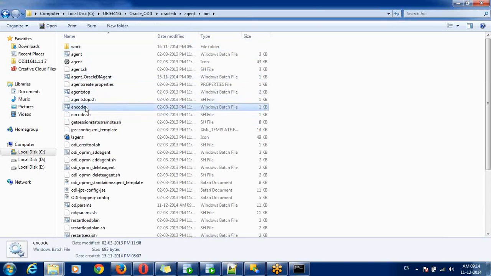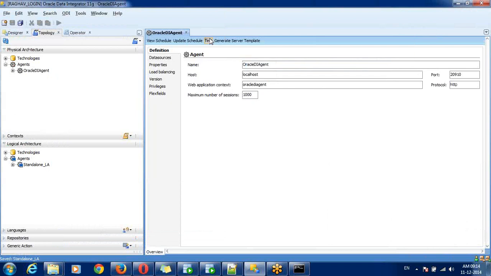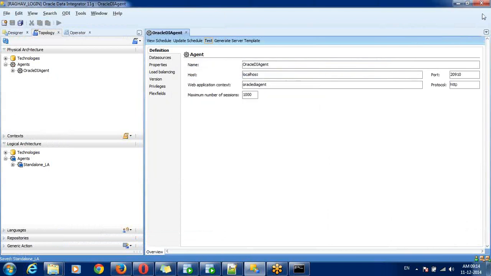Encode is only for encoding your password; it is a utility they provide. These are the three things related to the agent. Now my agent is working. So this is the agent configuration.